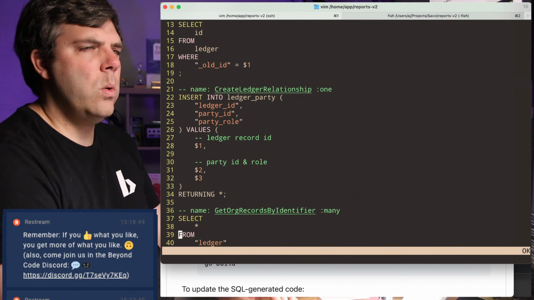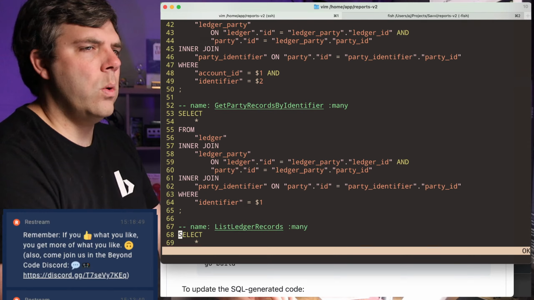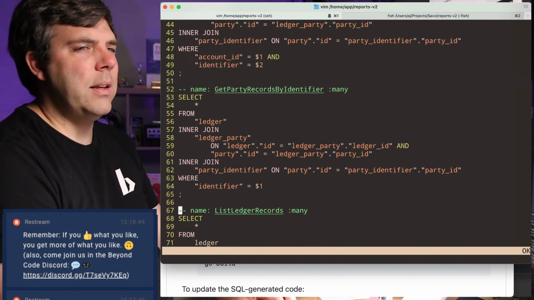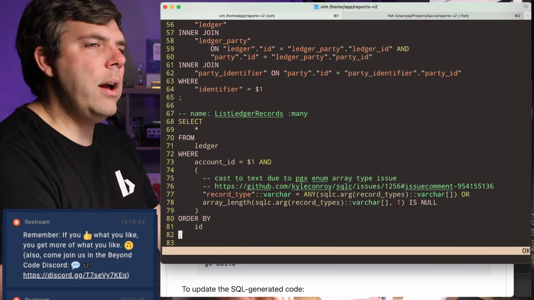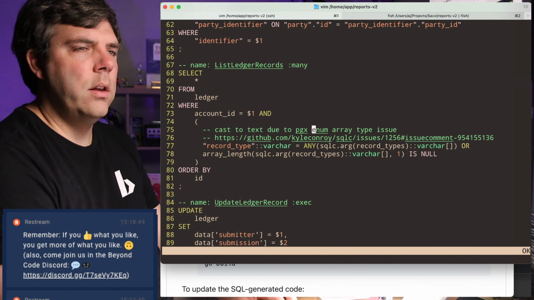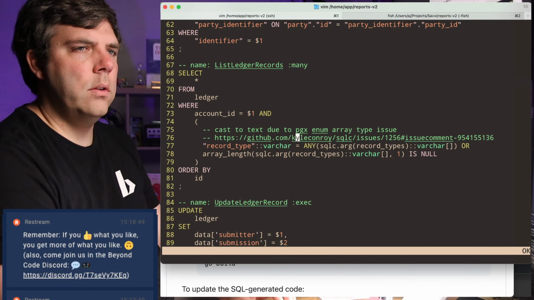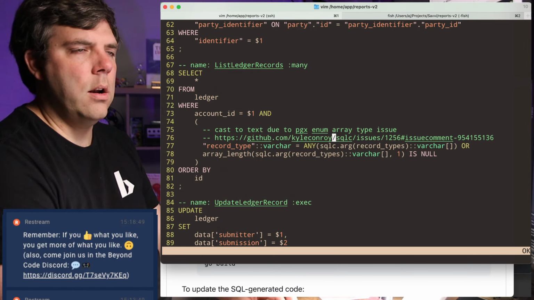There are a few quirks, not too many that I've encountered so far, where you do have to write something slightly differently than you'd normally write it. I think this was actually one of them. Yeah. So PGX enums have some sort of issue as described here.